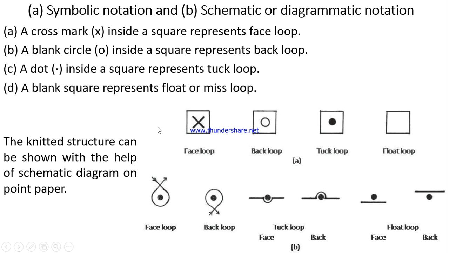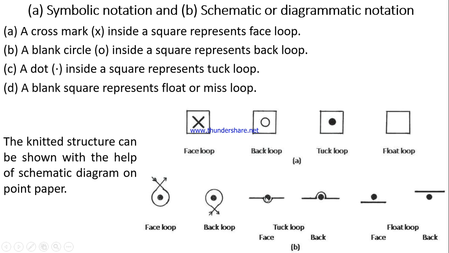Whereas in case of schematic or diagrammatic notation, which is more versatile, you can see face loop is presented by the dot and the roundabout, by this arc in this way. When this loop is in a downward direction, this is for the face loop. When the loop is in an upward direction, this is for the back loop.